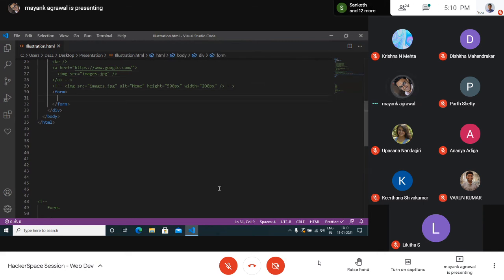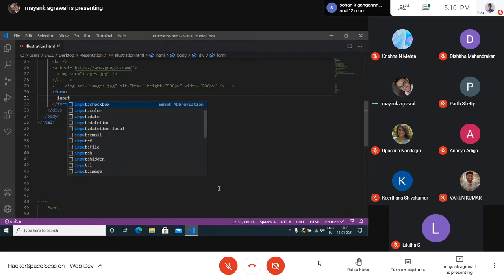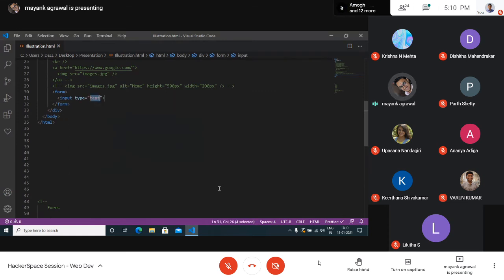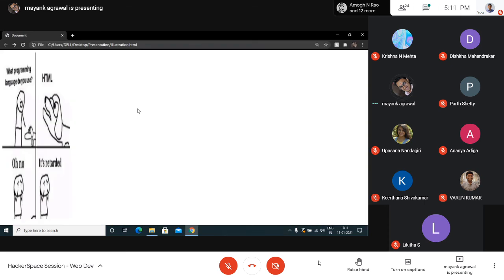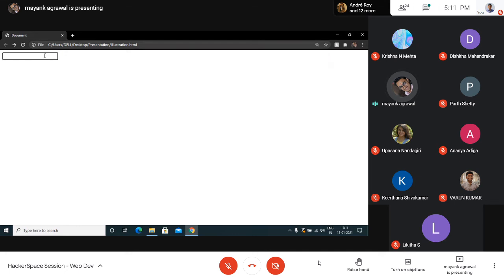Now inside this, we'll talk about the input tag, because the input tag is the only tag I would say that you will use again and again, because everything starting from your text to checkbox, date, email, everything is there inside the input tag itself. Say I wrote input, and by default input has this text type, and I closed it. So if I refresh, I'll get this input tag. But I can't see anything, right? Because it's just an input tag over here, and whatever I want, I can remove.